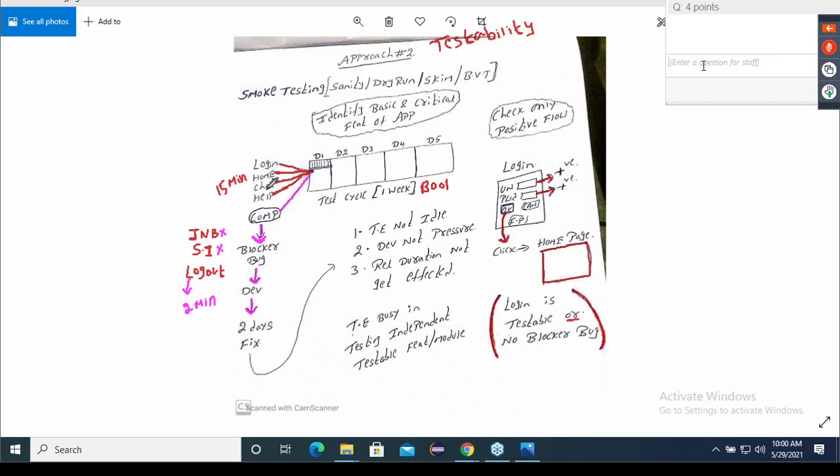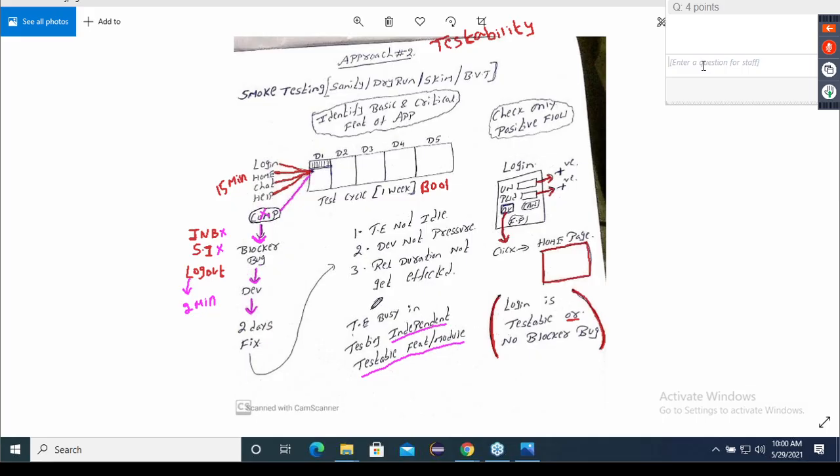Boss, login, home, chat, help. Have you completed testing, in detail testing on these 4 modules? The first 4 modules. Compose you cannot test. Obviously, there is a blocker bug, you cannot test. Inbox you cannot test. Sent item you cannot test. But login, home, chat, help, is testing completed? No. So now they say these 2 days when the developer is fixing the bug, you go and test the independent